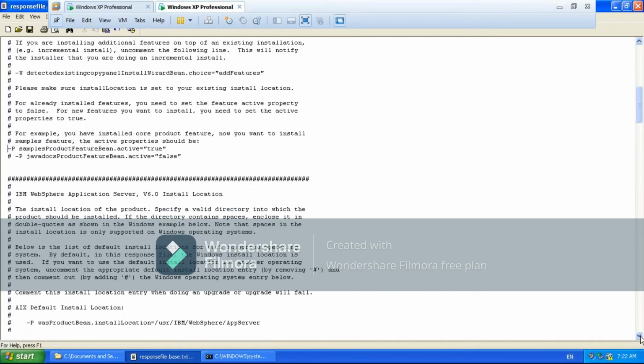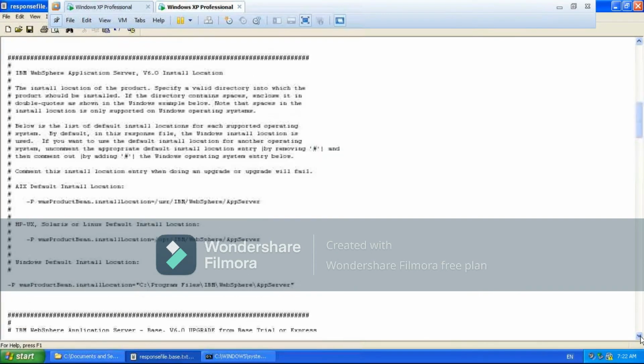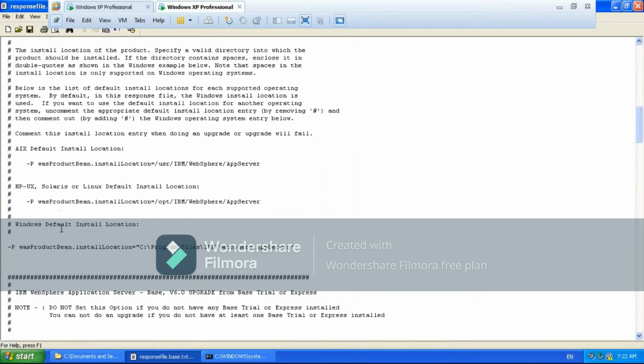You are going to set the IBM WebSphere installation location. This is going to be Windows, whether it is AIX or HP. If it is Windows, this is where the product binaries have to be installed. You are going to give the path. Remember very clearly, this is the location: C:\Program Files\IBM\WebSphere\AppServer. This is the path you are specifying in this response file. This path is nothing but the WAS home, where the product binaries of WAS 6.0 base will be placed. So you are specifying where it has to be installed.